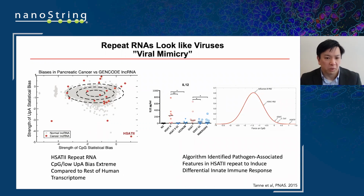And one of the first things we noted with Ben Greenbaum's group is that these repeat RNAs look like viruses. And this is what they're calling viral mimicry in cancer. And this is just some data indicating that the sequence composition of these repeats, shown in red, in particular this HSATII repeat, has a very high CpG bias compared to the rest of the transcriptome. Now, why is that important? Well, it turns out that